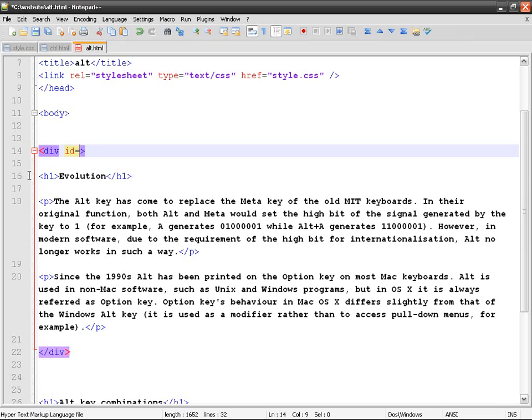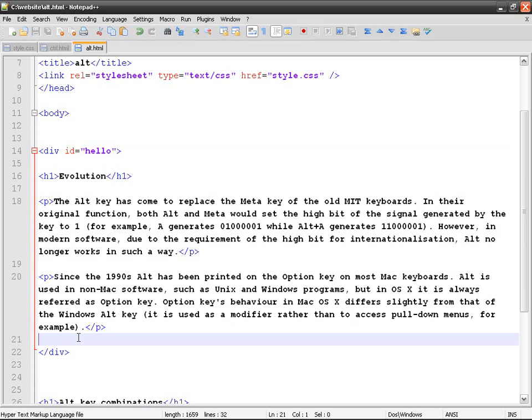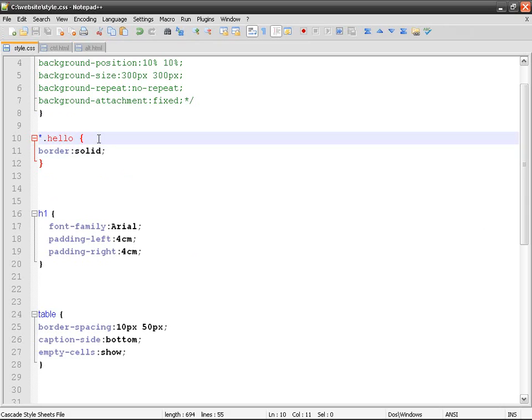I'm going to show you later. So I can use div and then id equals anything. I can do it again, hello. It doesn't matter. In these kinds of cases, even if it's class or id, it's not really important. So I've got a div whose id is hello. So I come to style and then I will write div, and instead of the dot, which is only for classes,